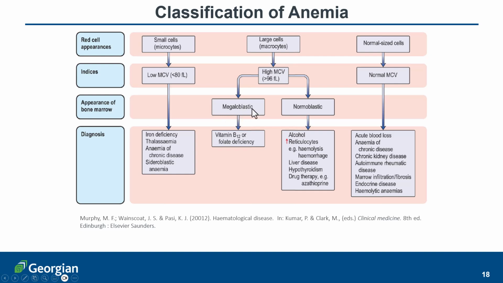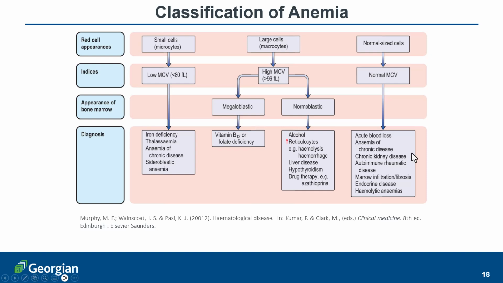Megaloblastic anemia or macrocytic anemia would be due to vitamin B12 or folate deficiency, where the MCV is high. We're not going to look at the other forms that can lead to macrocytic anemia. Lastly, you can still have anemia with normal sized red blood cells. For example, if you have acute blood loss, your red blood cell size has not changed, so you're going to have a normal MCV,